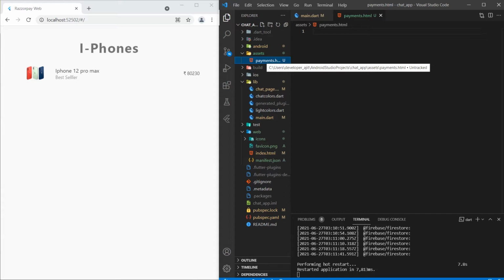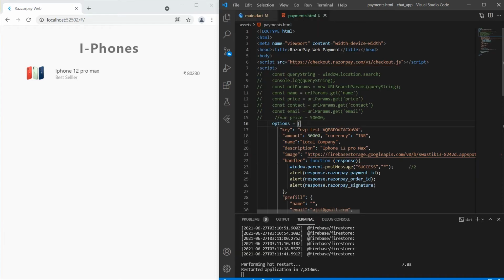So how will we do it? First we will create the HTML file. If you guys are aware of something about HTML and JavaScript scripting, then this will be easy for you. But if you don't know those things, then you just have to copy paste. Okay, so I'm going to write some code here. So first document type, it's your decision if you want to write doctype or not. Okay, so yes, we did all the coding of our payments.html, but there is some code commented here. I will explain it later when we need that.